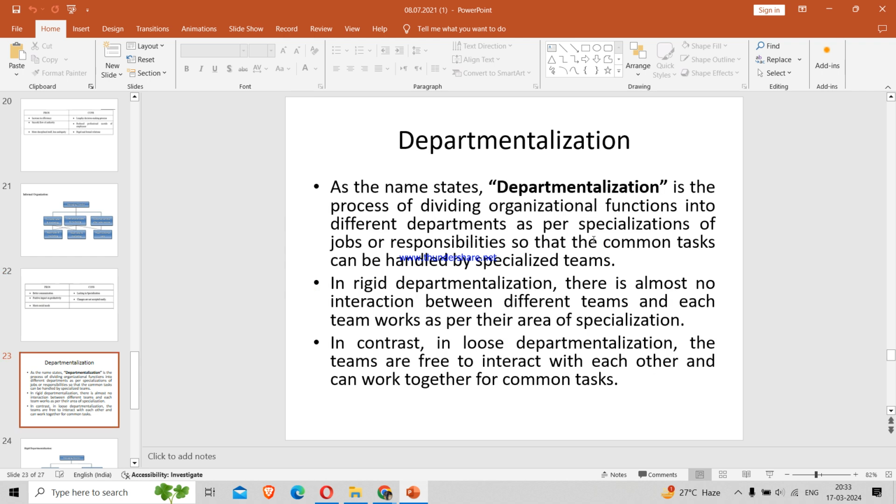Last is departmentalization. So in departmentalization, it is the process of dividing organizational functions into different departments as per specialization of jobs or responsibilities, so that the common task can be handled by the specialized teams. That means the different departments are assigned with different functions based on the specializations they have. So in rigid departmentalization, there is almost no interaction between different teams, or each team works as per the area of specialization. Whereas in loose departmentalization, the teams are free to interact with each other and go together for